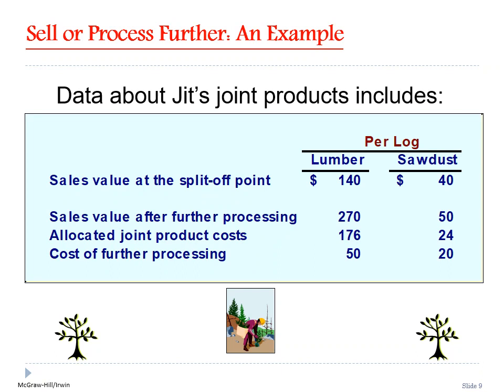Sales value after further processing، القيمة البيعية بعد ما أجري عمليات صناعية، for lumber $270, for sawdust $50. Allocated joint products cost for lumber $176, for sawdust $24. Cost of further processing